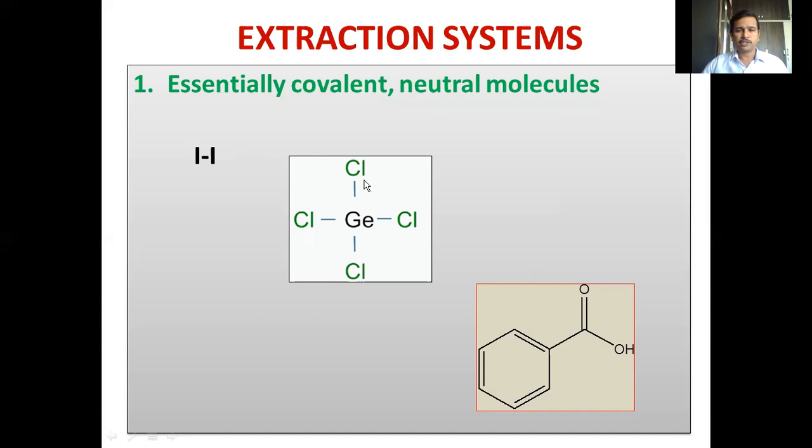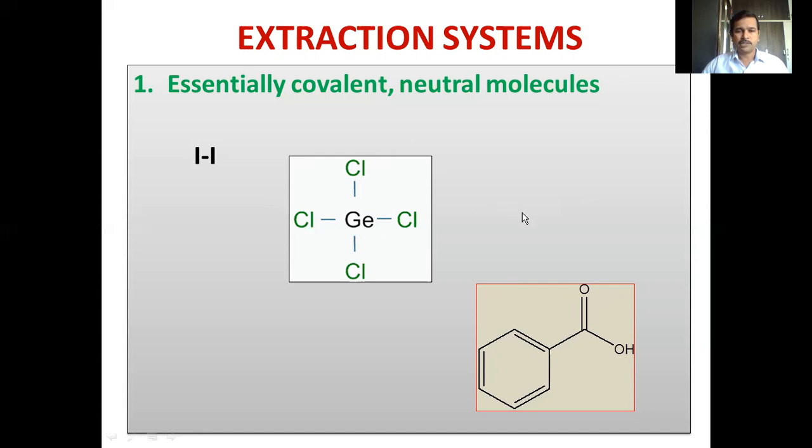When you take such species for the extraction process, they will be easily extracted into the organic solvent, provided they are not charged. The charge neutrality has been attained, and as a result, the electrostatic attraction between these molecules and the water will be decreased, and the bulky organic molecules are replaced in place of water molecules, so that the hydrophobicity of the molecule will be increased, and simply these molecules can be extracted into the organic solvent. If you look at the structure of these three molecules, they are chargeless.